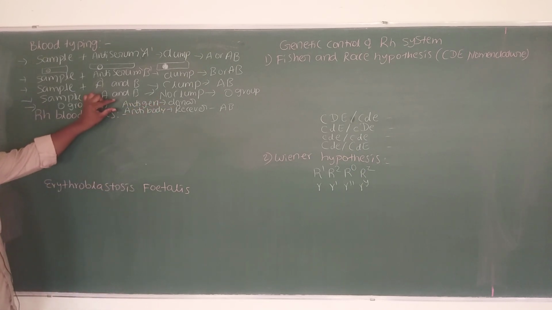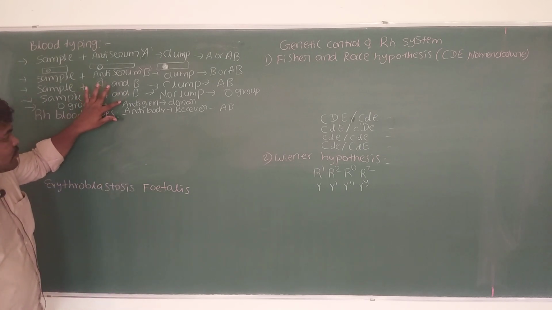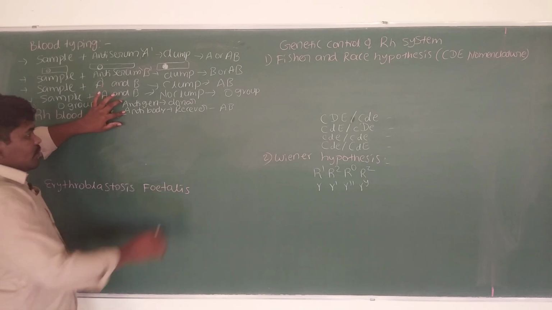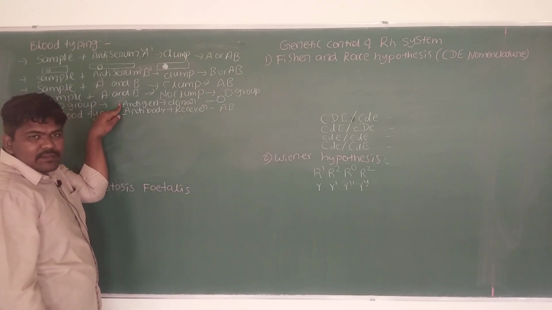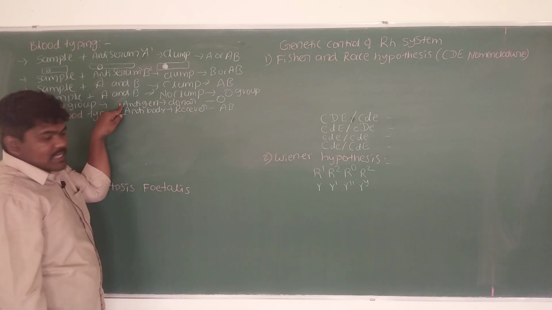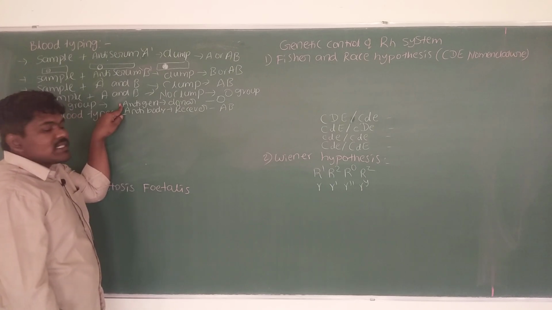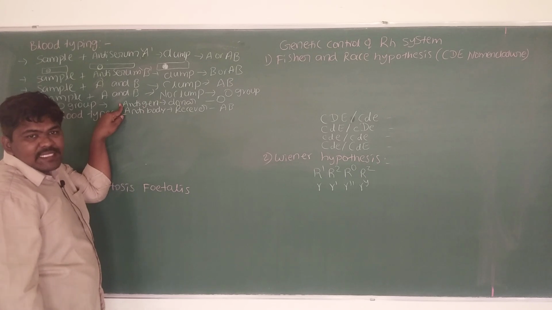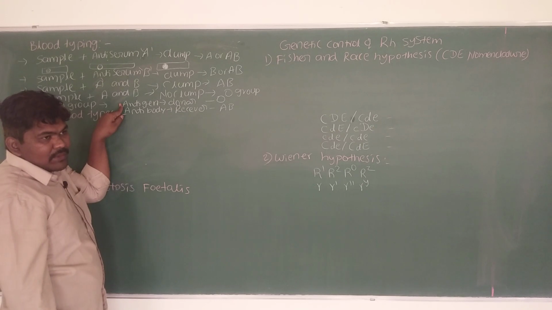Once again, while transfusing blood from one person to another person, we have to take the antigen of the donor and the antibody of the receiver. The O group is called the universal donor. Why? Because antigens are absent. The antibody of the donor is negligible. Only the antigen we have to see during blood transfusion. Here, the O group is the universal donor because it does not contain A or B antigen. Both antigens are absent. Hence, O can give blood to anyone.